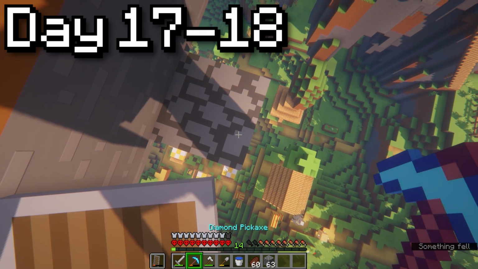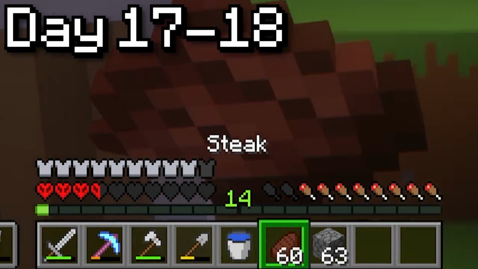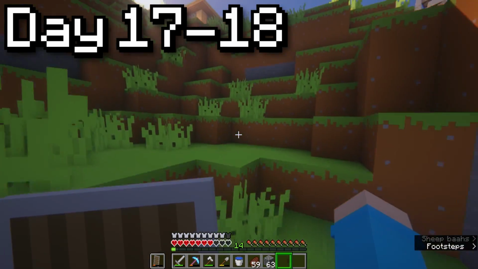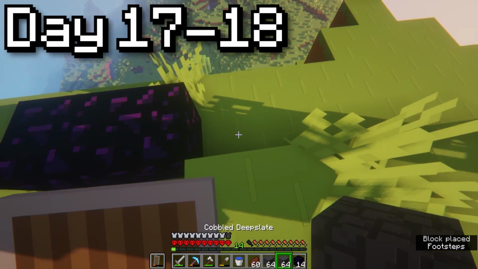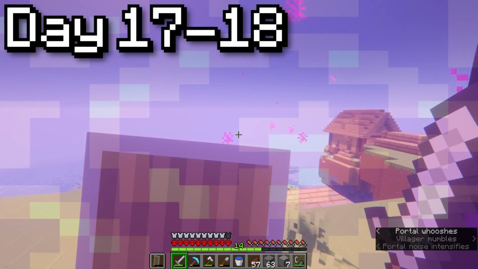To start the next day, I jumped off of the floating island. Yes, I know that this definitely was not the smartest decision, but I just had to know if I would survive. With that done, I grabbed my obsidian, made a portal next to my enchanting setup, and then traveled to